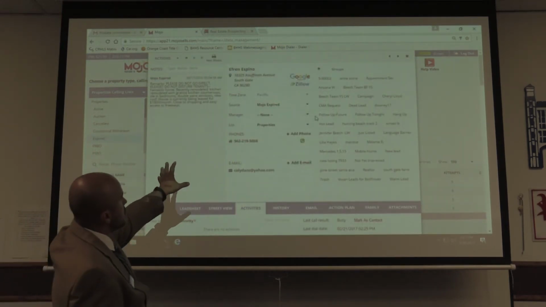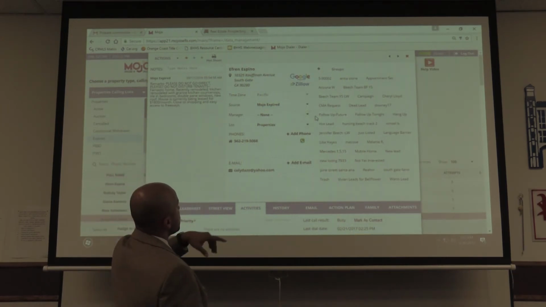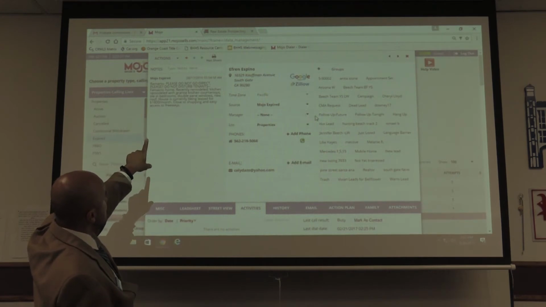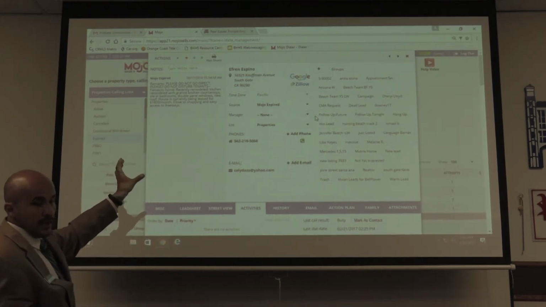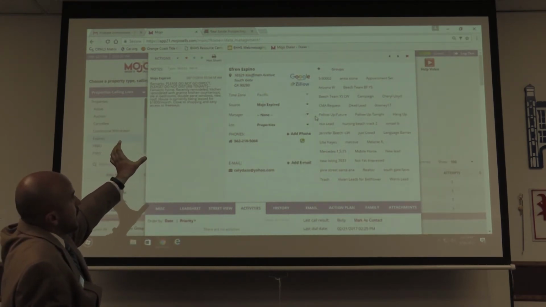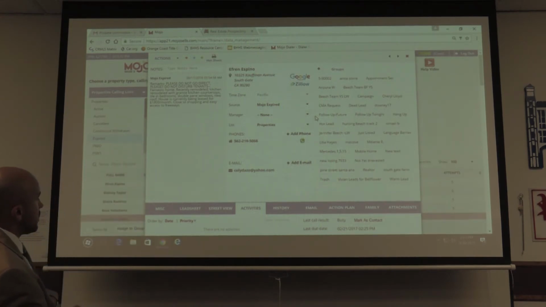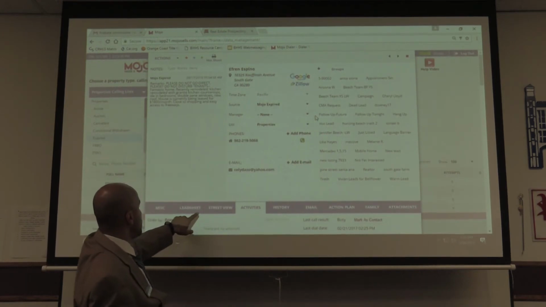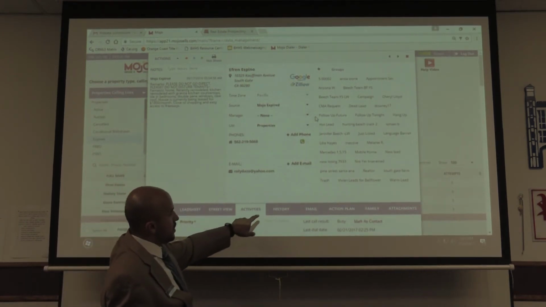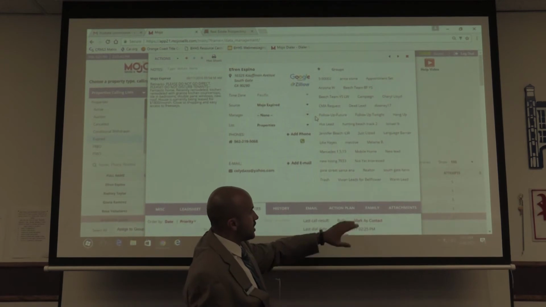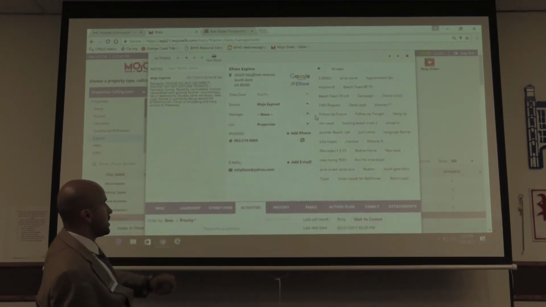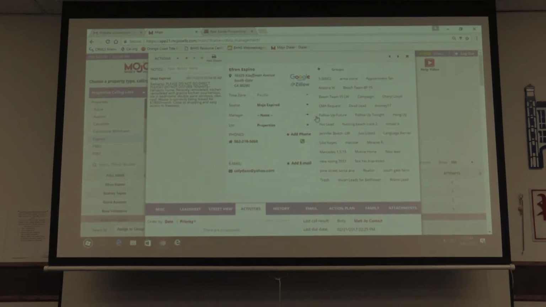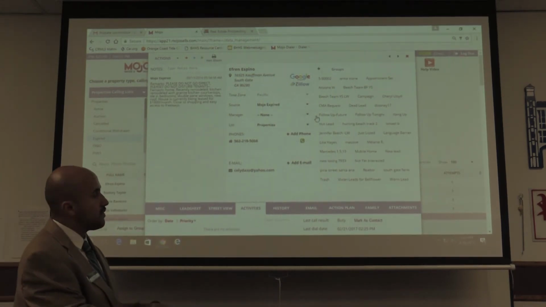And here it's going to show you some of the information. As an example, this one's a Mojo, it's an expired. There's some notes there that were populated over from the expired listings. And you can actually go here and look at the street view of the home. You can look at your lead sheet, the history, email, action plan, family attachments, etc. So it gives you a lot of features on here that allow you to either retrieve a